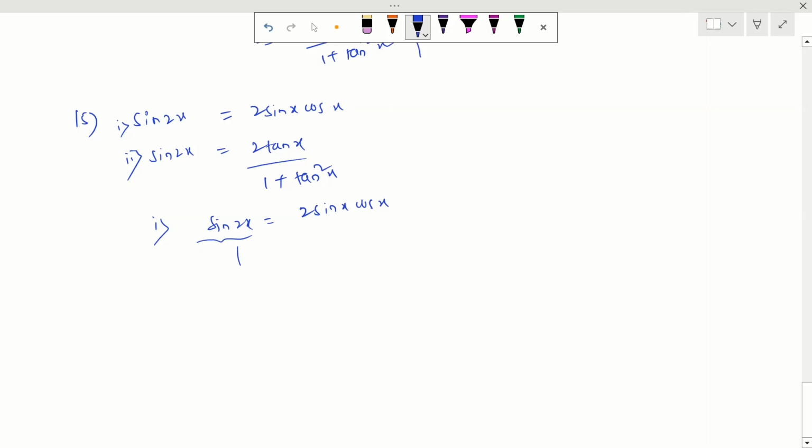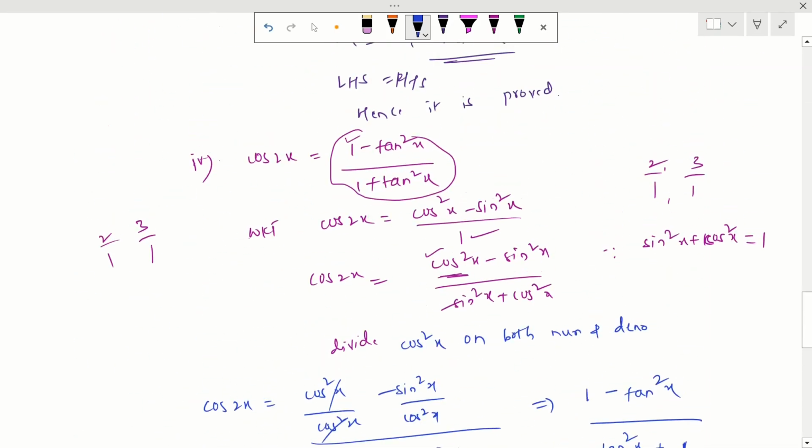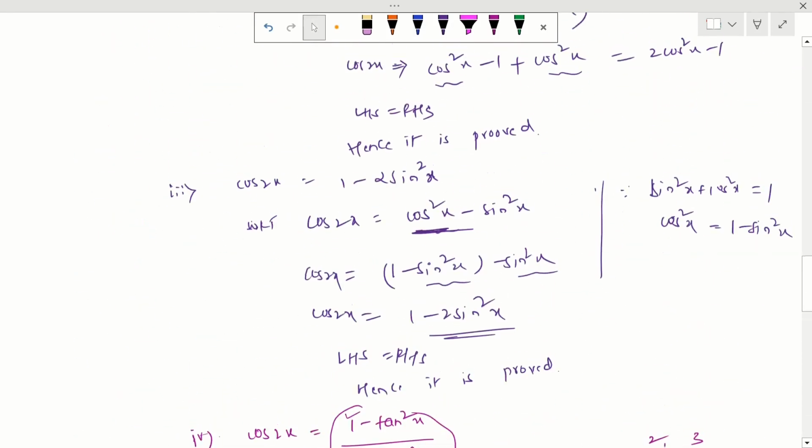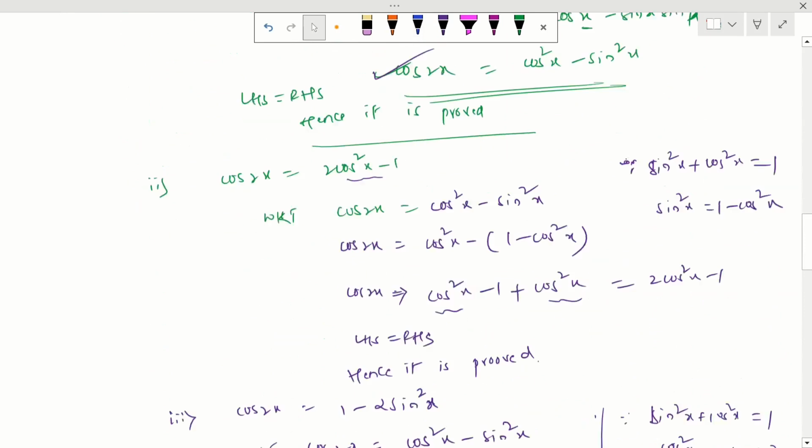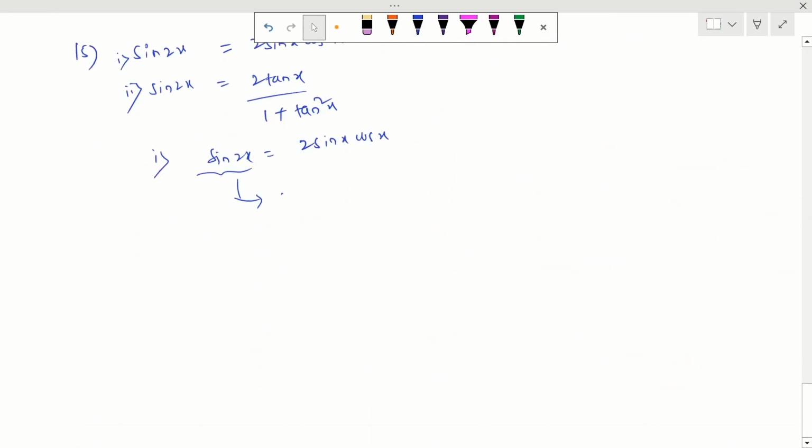Okay, so as previously implied, we have to show cos 2x. I will just show how cos 2x is written here. Cos 2x is written from the cos of x plus y. Therefore, here also we can write sin 2x as sin of x plus y. Okay, sin of x plus y is